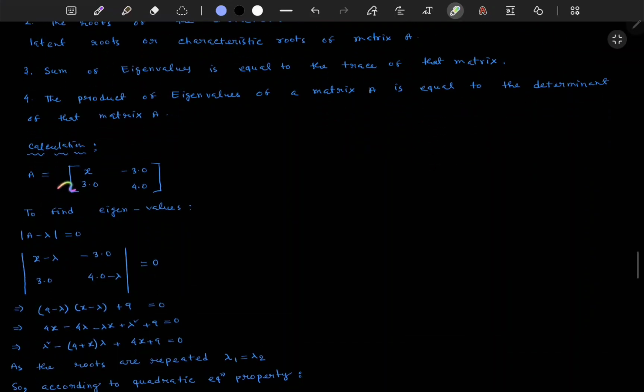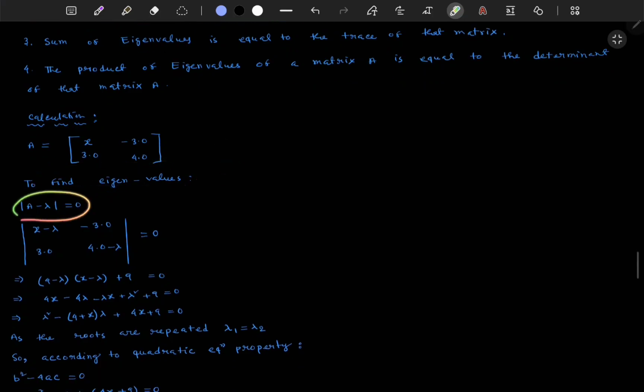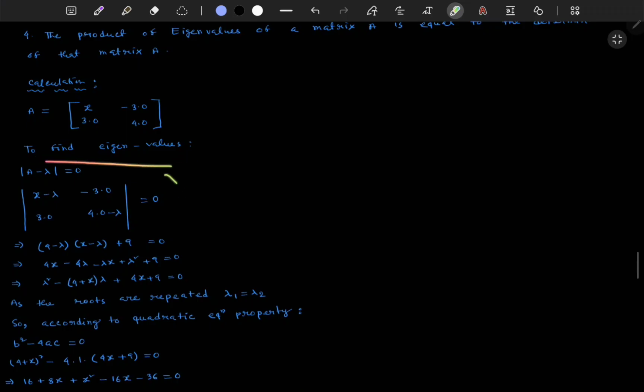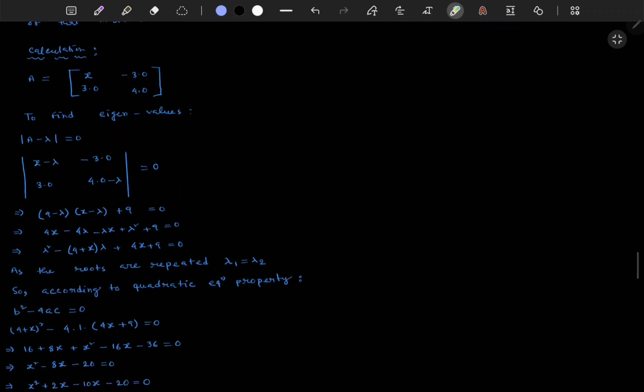Now this is the matrix. So find the eigenvalues. This mod value equal to 0. To find the eigenvalues we need to write the characteristic equation. Here the characteristic equation will always be 0, but the matrix determinant may be 0 or may not be 0. Here it is not 0 because it is a non-singular matrix, as already mentioned in the question. So for the characteristic equation, here we are getting these